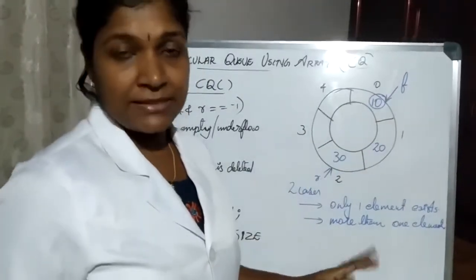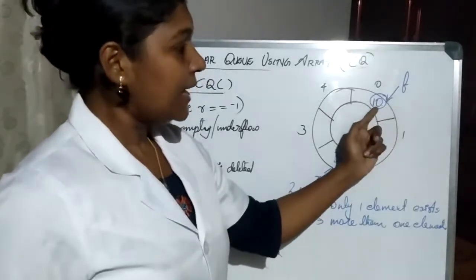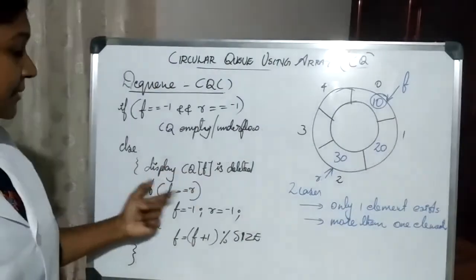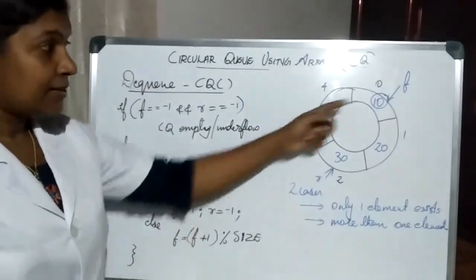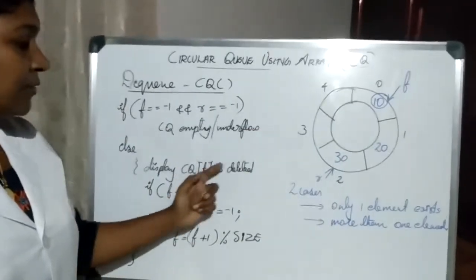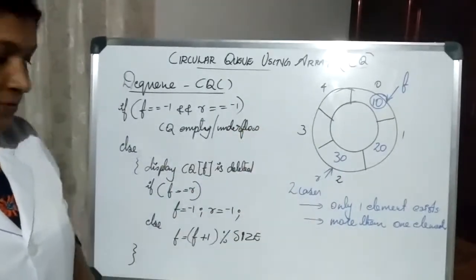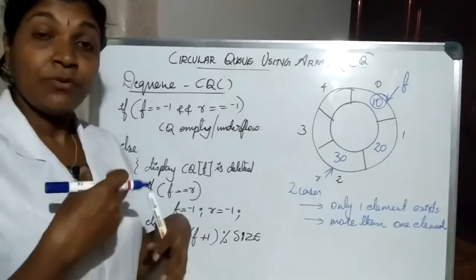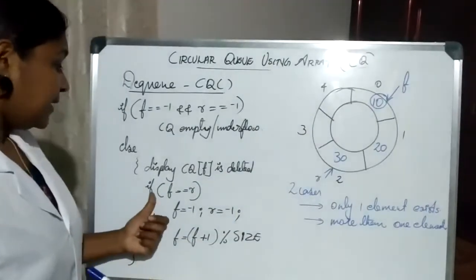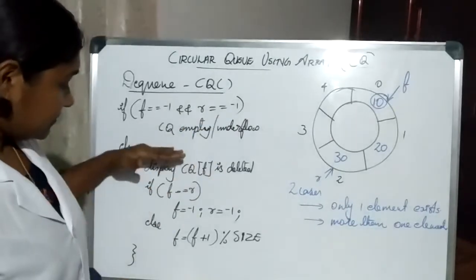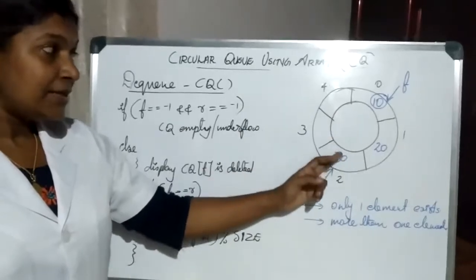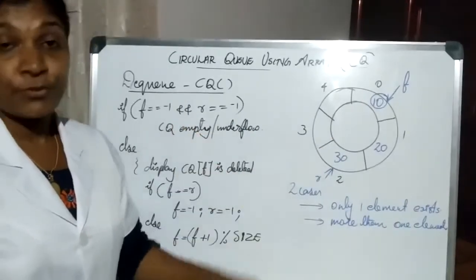We are displaying the message initially. So how can we access this element 10? Using this accessing method, display CQ of front. Front is the position; our position is indicated as F. So CQ of front is deleted. You display the message first. Only then are we supposed to modify the value of F. Then the next step is that we need to consider two cases: whether there exists only one element or more than one element.